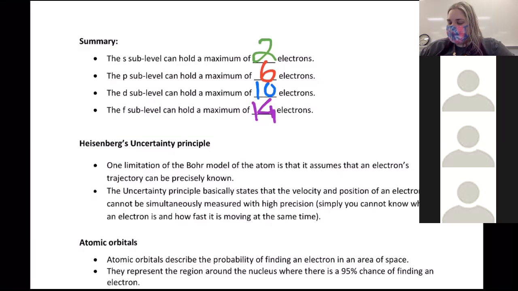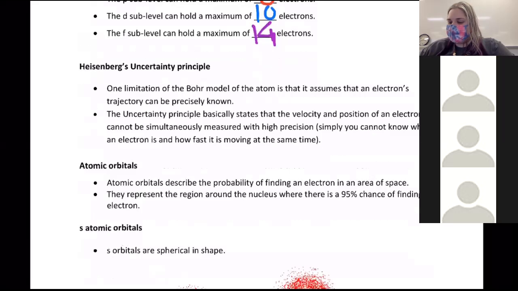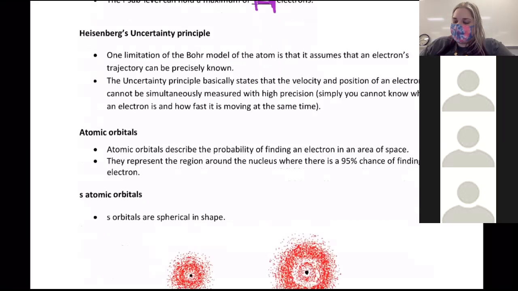So some of the rules for these, and this rule is a new one. We didn't really learn about this rule last year, but it's called Heisenberg's uncertainty principle. Basically, what Heisenberg did is he did experimentation after Bohr's model. So after Bohr had his model of the atom, where we assumed it was those concentric circles and those were the energy levels where the electrons were traveling, Heisenberg's experimentation and research with electrons basically proved that that Bohr model is very limited and